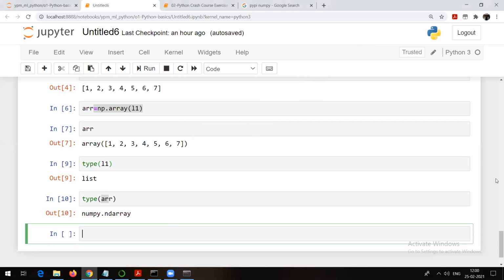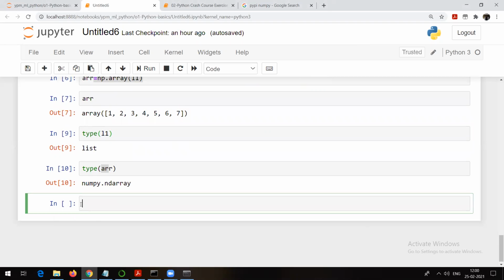Let me give a simple example of another list. You know that we can have a list inside a list, right? Let's suppose L2 is something like this: 1, 2, 3. The first list itself is one element in this outer list. Then 4, 5, 6, and one more element 7, 8, 9. Step by step you will get it. Why are we doing it? Because with NumPy we can do a number of things. Those who already know this basic thing, just wait for some time. L2 is equal to this.